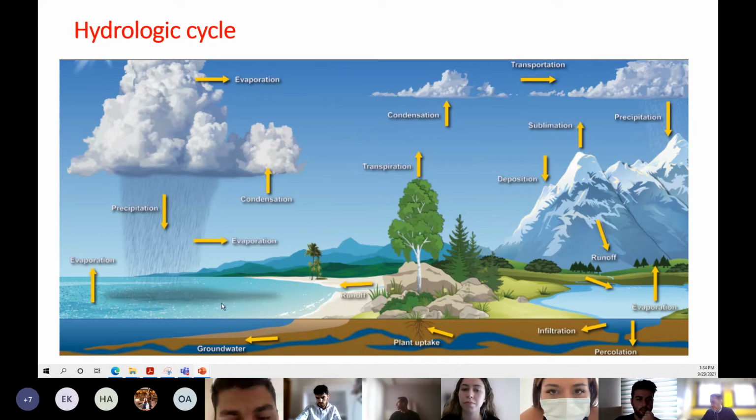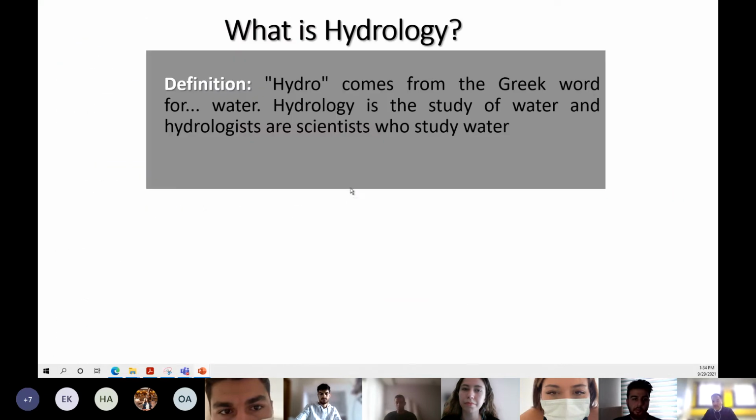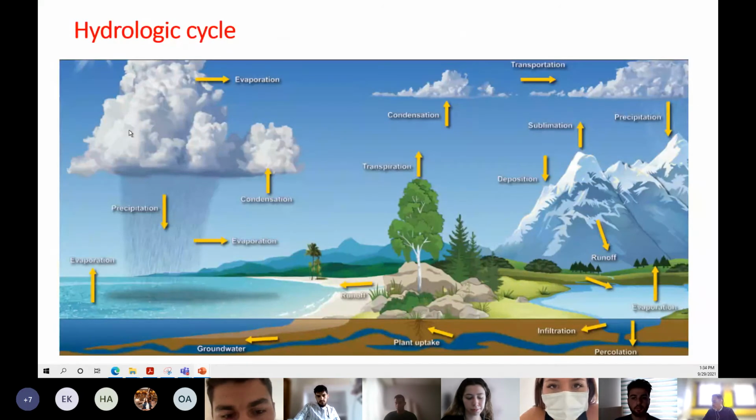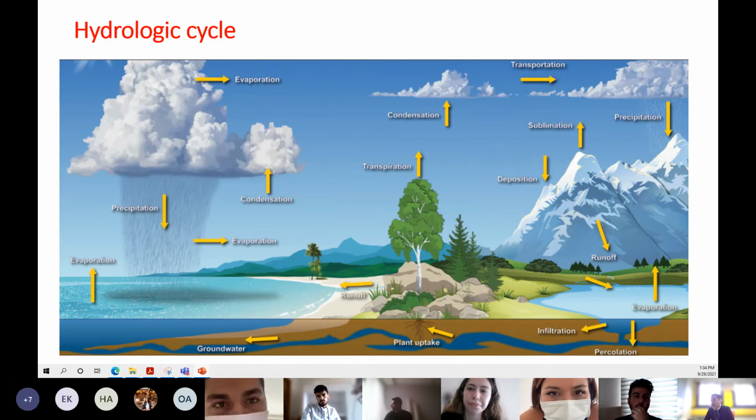However, this is only a part of our control volume. We have a bigger part, and there are different components. Now let's look at the entire picture. There are several inputs and some outputs. The main input for this system is precipitation, or rain. Precipitation, I will talk more, is rainfall or snowfall. And when we have precipitation,